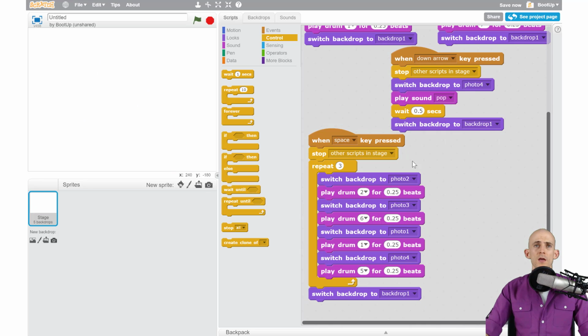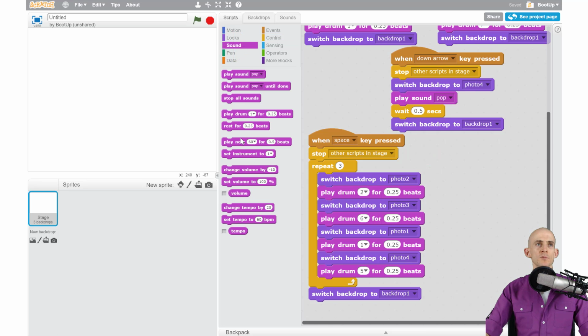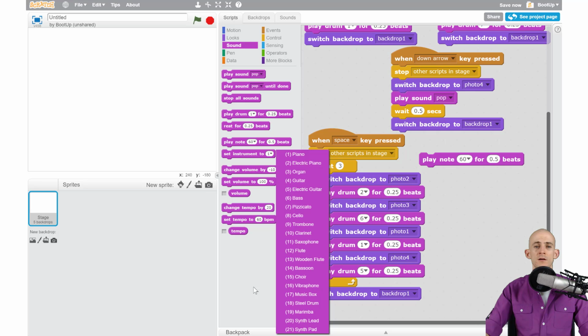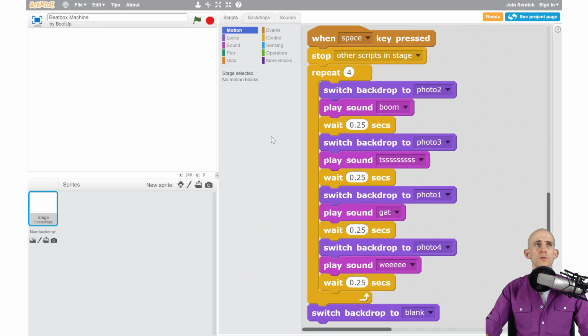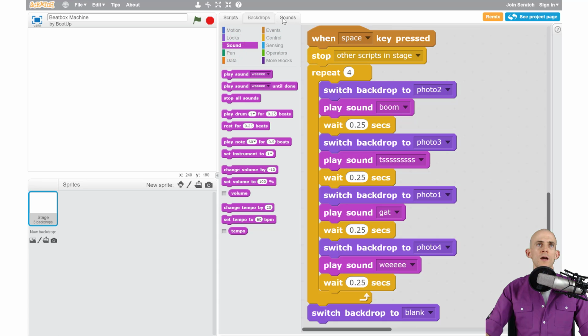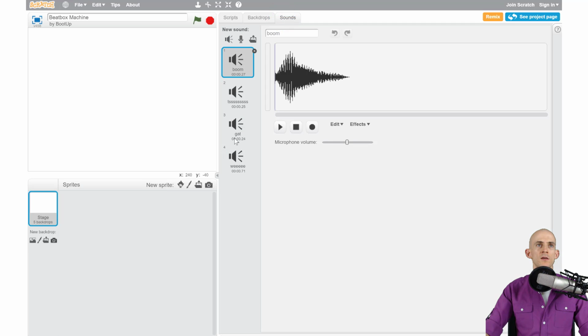Awesome. So if you are using other blocks, you can make a melody. Instead of play drum, you can do play note, and you can switch to different instruments. So you can have it play many different things. You could also use the play sound blocks. If you use one of these and you have your own recorded sounds in here, like these 4 different sounds,